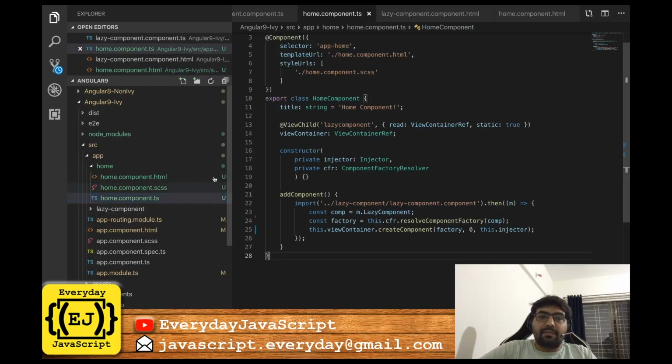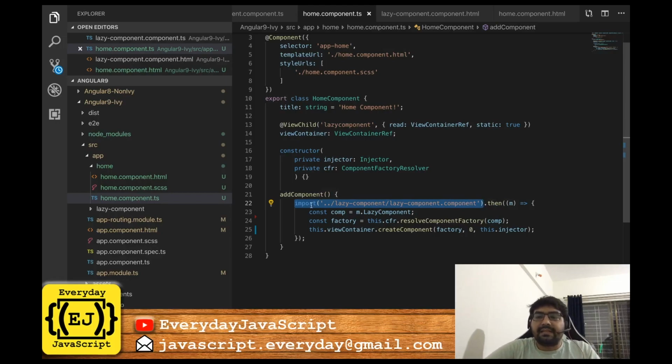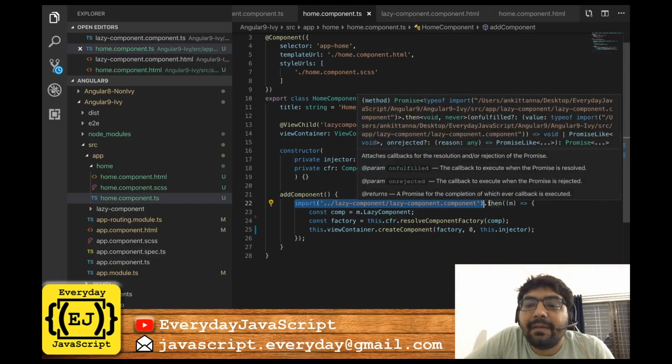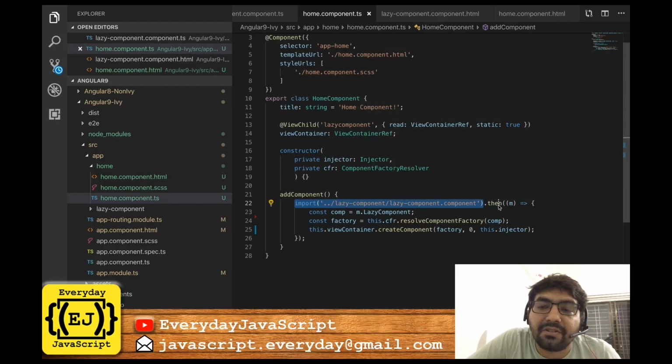So I'll go to the add component function. What happens is, using the ES6 import syntax, this is an ES6 import syntax, I'm going to refer to the lazy component. Now this component is referred, and as soon as it is loaded inside your browser, you get a promise action. This promise action will give you access to the lazy component. That means that whatever has been lazily loaded as a part of this file is available inside